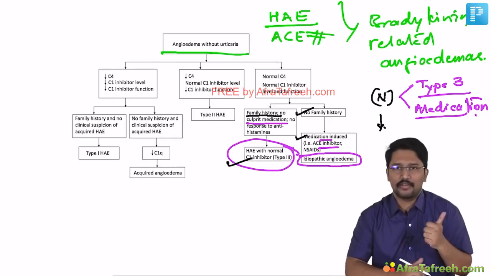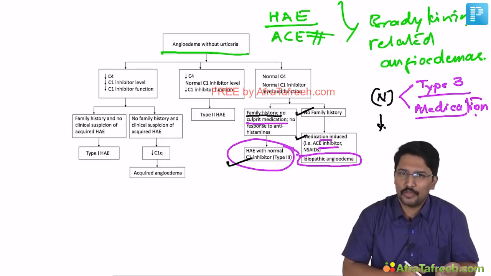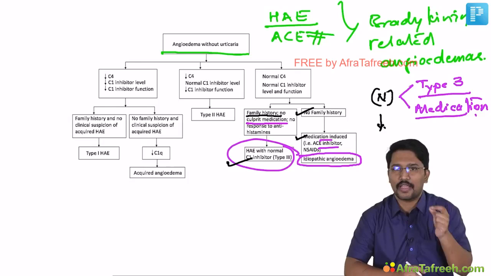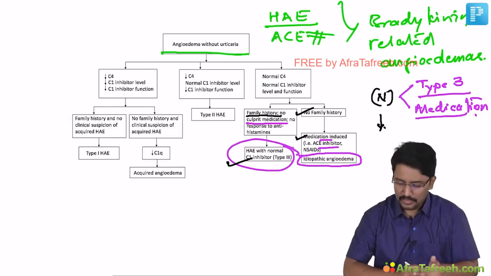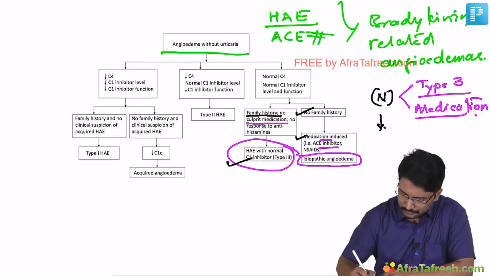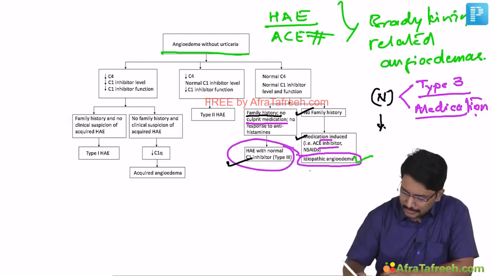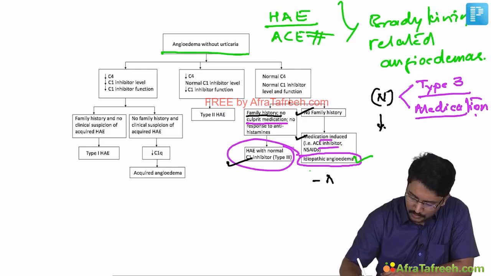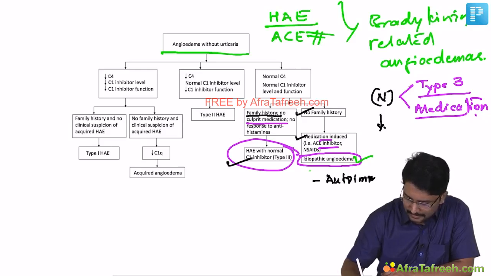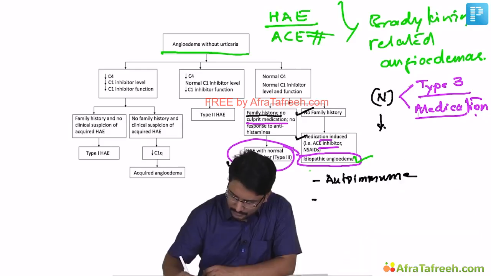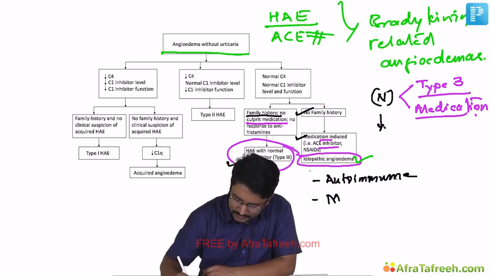On the other hand, if medication history is ruled out and there is no family history, but the patient comes with angioedema without urticaria, then the possibility of idiopathic angioedema should be considered. And this idiopathic angioedema is often associated with, one, autoimmune diseases, and second, with malignancies,